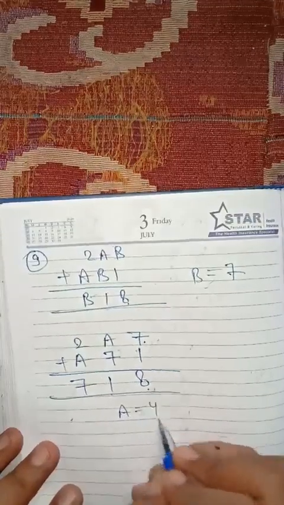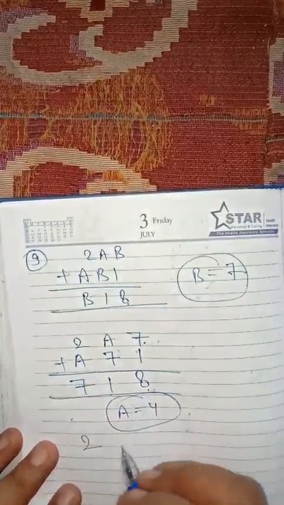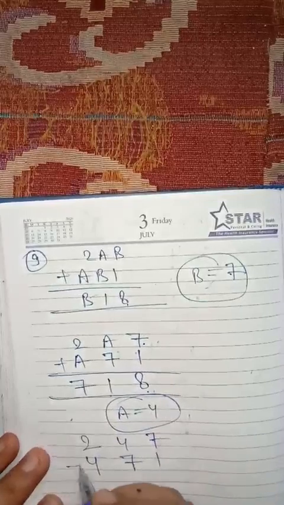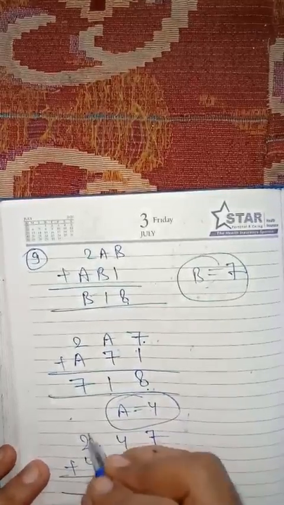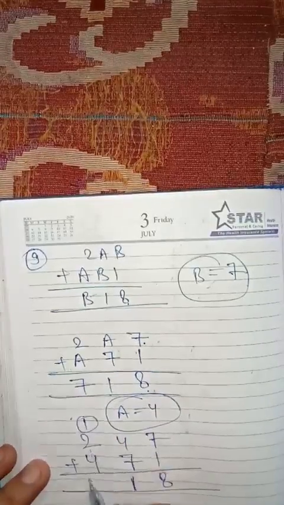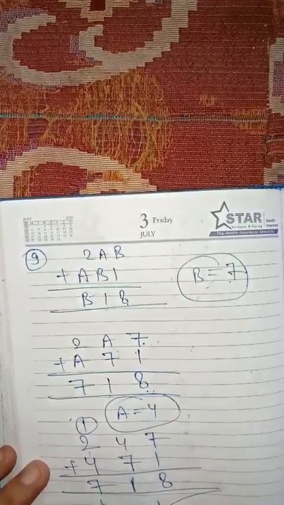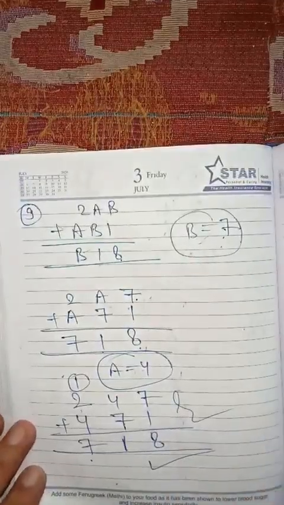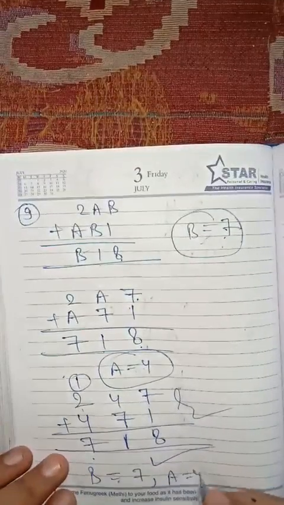So we should try A is equal to 4, B is 7, already we have tried. So A will be 4. So wheresoever is A, replace it by 4. Now let us try this. 7 plus 1 is 8, 4 plus 7 is 11, carry 1, 1 plus 2 is 3, 3 plus 4 is 7. So it's totally fitted there. Even the value of B is not disturbed. So that's going to be our answer. B is 7 and A is 4. Now students, you will write it in the last. B is equal to 7 and A is equal to 4.